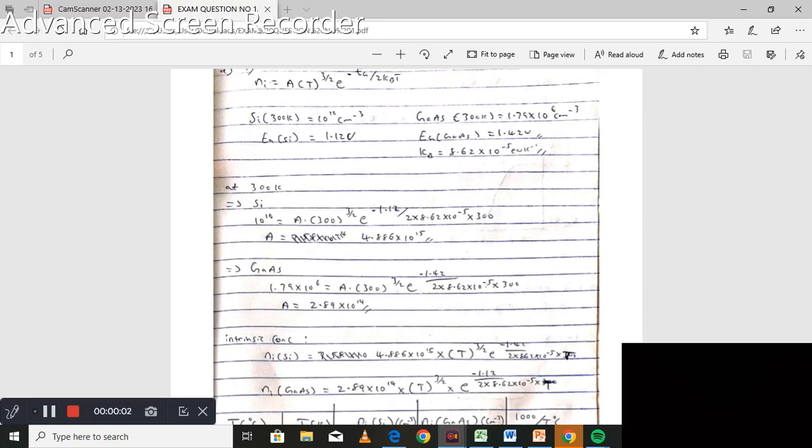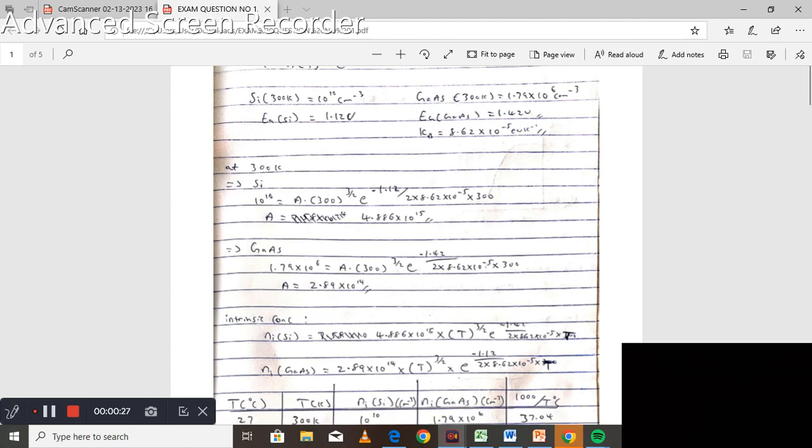The first question says, using the band gaps of silicon and gallium arsenide, plot the relation of intrinsic carrier concentration versus temperature, hence determine the concentration of phosphorus that will be sufficient to make GaAs extrinsic at 700 degrees Celsius. So the first thing I did is